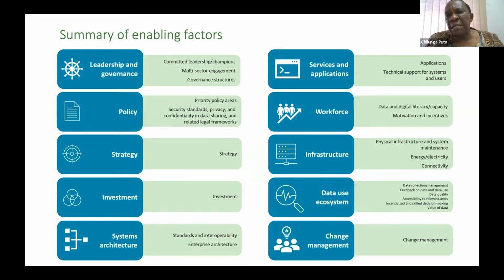Then there is the infrastructure. We've touched on this slightly, and briefly with the other elements, but infrastructure really is a very big limiting factor, particularly on our continent in Africa. Basic things like the physical infrastructure, being able to maintain the equipment that you're using, being able to communicate, being able to have the energy, the electricity when you need it. This is very key, and we found that this could actually be a great limiting factor, especially for health workers,